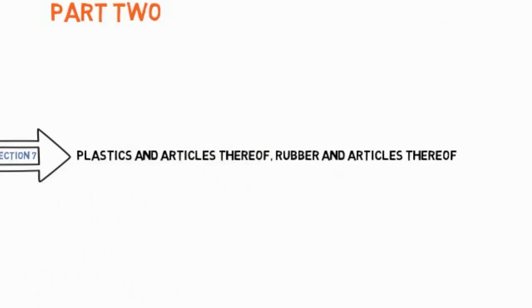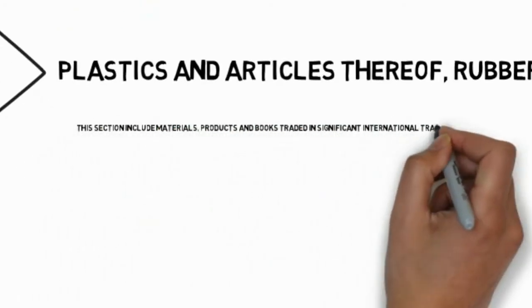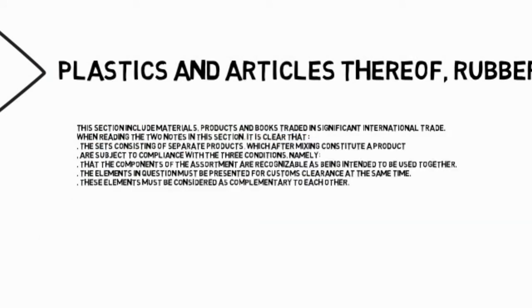This section is composed of chapters 39 and 40, which include materials, products and goods traded in significant international trade. When reading the two notes in this section, it is clear that the sets consisting of separate products that fall in part or in whole under chapters 39 and/or 40, which after mixing constitute a product falling within section 6 or section 7, are subject to compliance with the three conditions, namely, that the components of the assortment